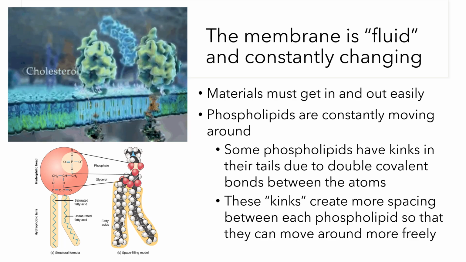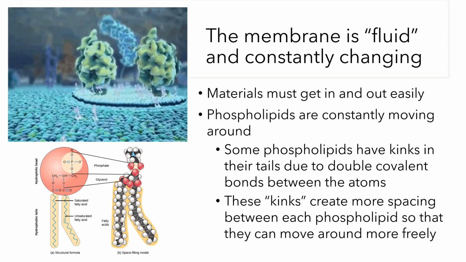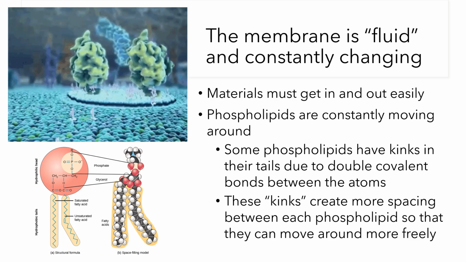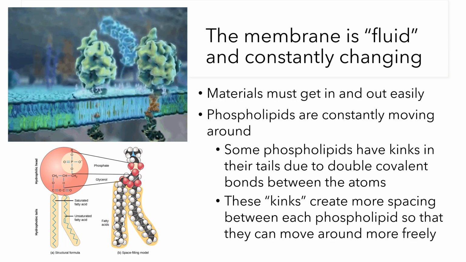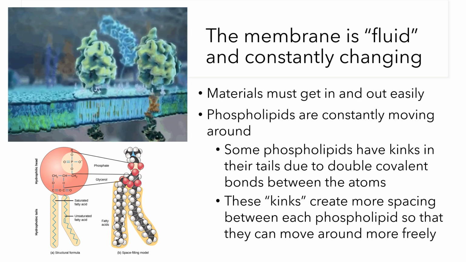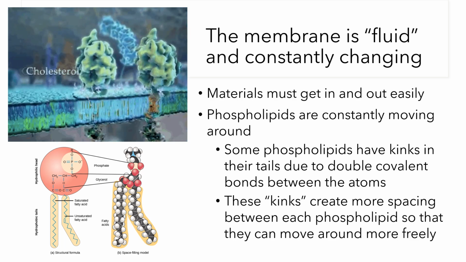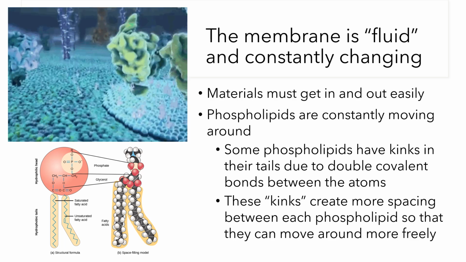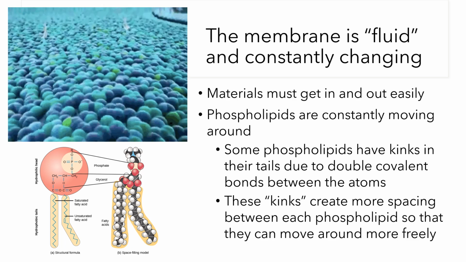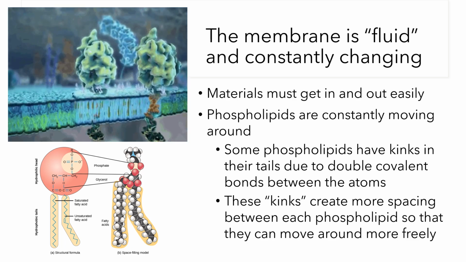Now, this movement of these phospholipids allows the entire membrane structure to appear as if it is fluid, and it really is fluid in the sense that we mean it's changeable, it's constantly moving around, it's constantly adjusting itself, it's not static or remaining the same. And because of this movement, it actually does make it easier for things to get in and out of the cell, because the movement allows certain molecules to pass through as these phospholipids are moving around each other. If they stop moving, they would harden, and it would make it a lot more difficult for things to pass